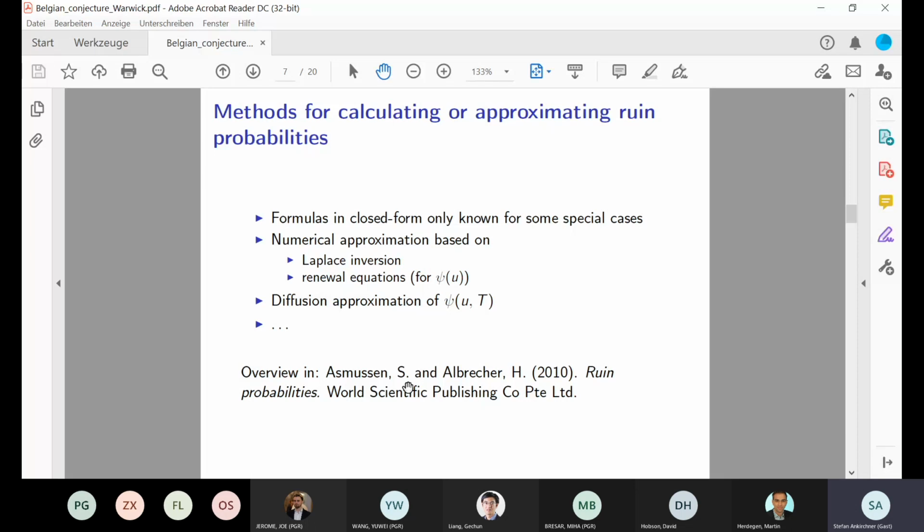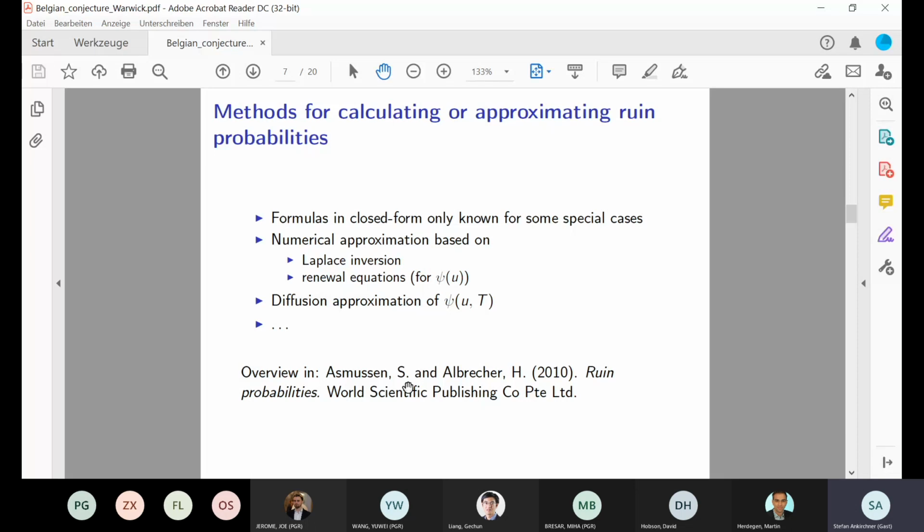But it's possible to scale the process in such a way that you obtain as a limit a continuous diffusion, or in this case, a Brownian motion or a Brownian motion with drift. And for Brownian motion with or without drift, we